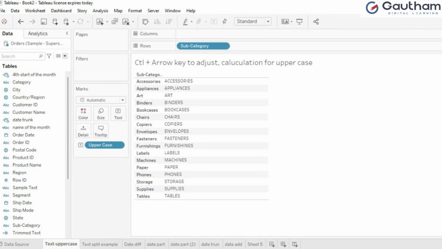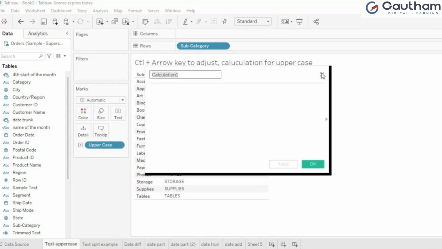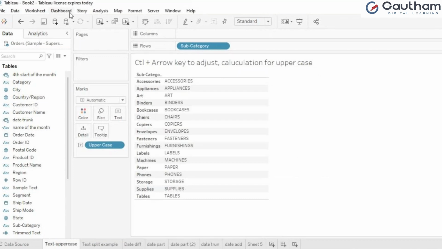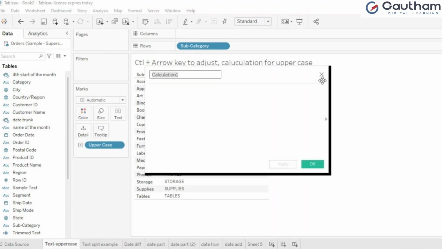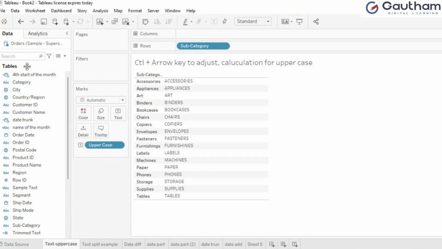Before this, I'll tell you where this calculation option will be available. It will be available in the top menu bar. Go to Analysis, there will be a Create Calculated Field option. From here you can create it, or else on the left side above the measures or the tables you have, there is a small drop-down. Here the first option is Create Calculated Field, and upon whichever field you are taking, you can also click and create a calculated field.